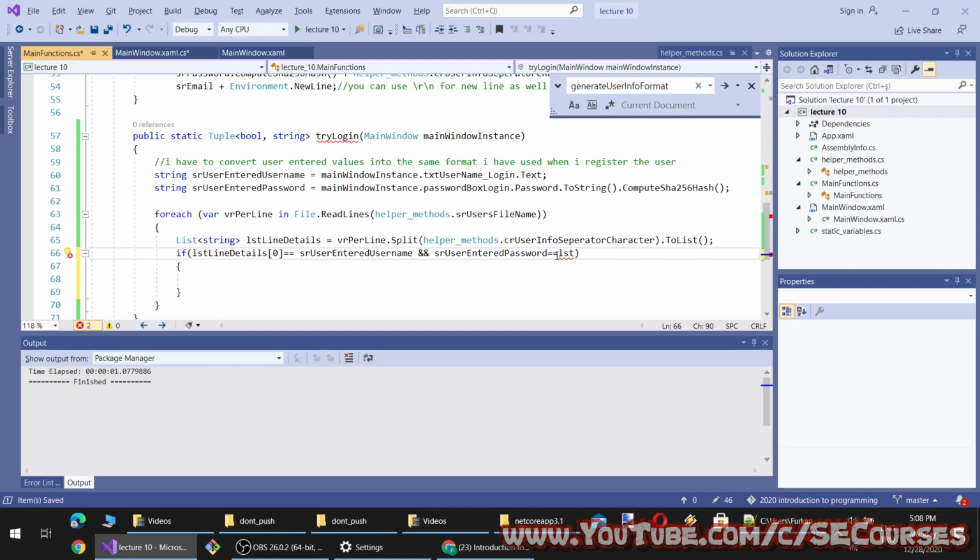So the second object of the list is the password, and if they are both equal, then I will do the